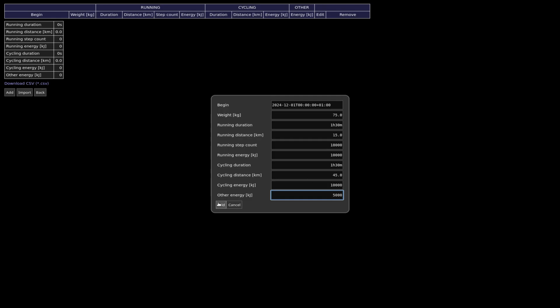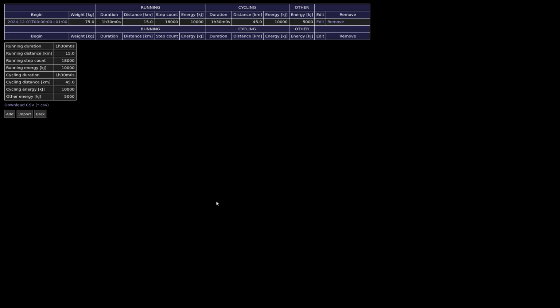And then we can add the activity group. And you can see that the begin timestamp will now be a link. And if we click on that link, it will actually pre-fill the filter attributes and apply the filter, so that on the map view, we see exactly the time that is covered by that particular activity group. And we also have aggregate statistics over all activity groups down here. So you can see which distances and times and so on you had in total.